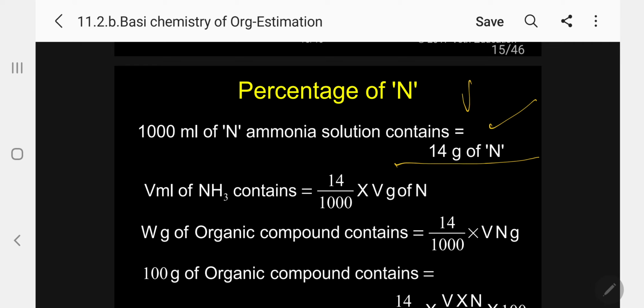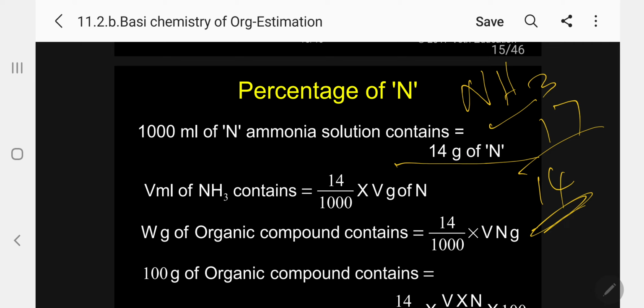Ammonia is actually 17 gram, in this 14 grams is due to nitrogen. So we need only nitrogen. I include only nitrogen: 1000 ml contains 14. I don't know how many ml of ammonia comes, I have no idea, so let us assume V ml of ammonia contains 14 by 1000 into V